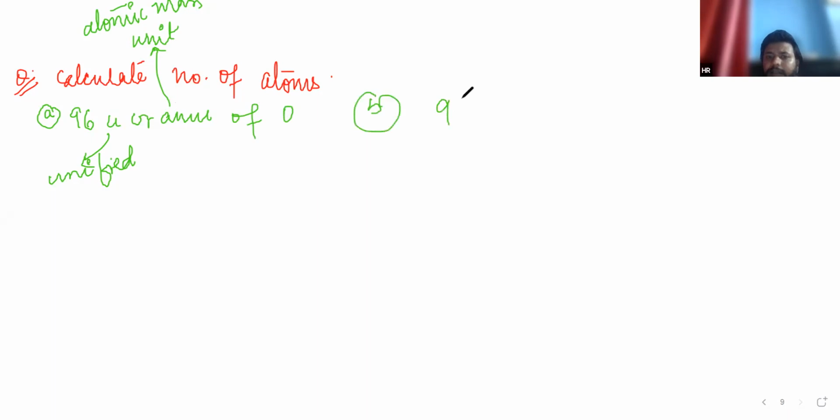Just see, 96 AMU of O2. Okay. Just see the difference. What does this O mean and what does this O2 mean? What is the difference between O and O2? Arslan and Azza, please answer me. And if you don't know, you can tell me, I will explain it to you. Azza, what is the difference? 96 AMU of O and 96 AMU of O2. Very good. Here it is an atom and here it is a molecule.